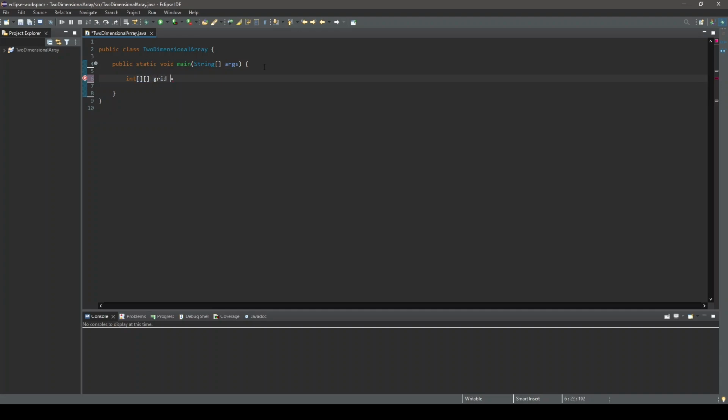Next, we will instantiate the array to have 2 rows and 3 columns by typing new, as arrays in Java are objects and all objects must be instantiated using the new keyword, followed by the array data type, then the number of rows in the first set of brackets, and the number of columns in the second set of brackets. Now we have instantiated a two-dimensional array that was assigned a name of grid and has the size of 2 rows and 3 columns. Therefore, this array has a total of 6 elements, which can be determined by multiplying 2